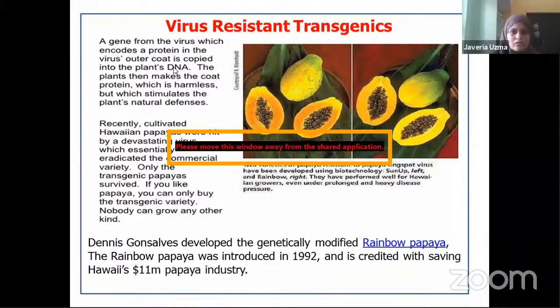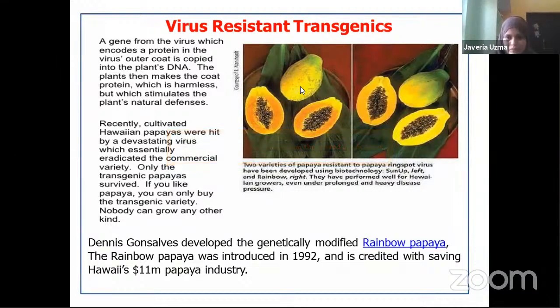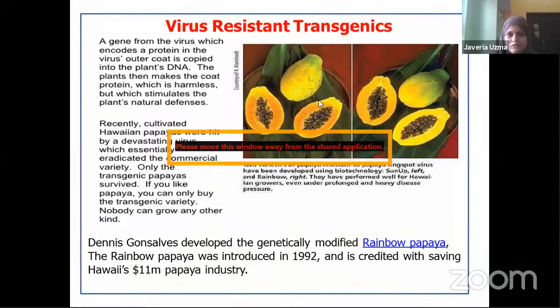So here, virus resistance. The third characteristic is virus resistance. This is the papaya. Once this papaya was affected with ring spot virus, that virus caused devastating loss to the papaya industry. In Hawaii, there were many papaya growers whose fields all got damaged due to this ring spot virus. Then, using transgenics, virus resistant papaya was introduced, which saved their industry,